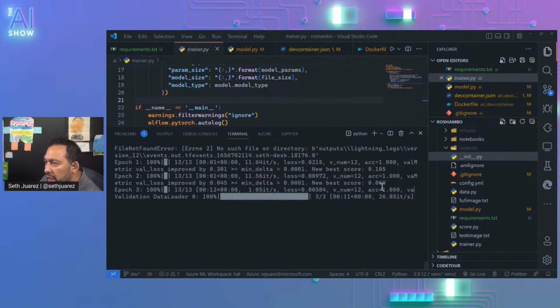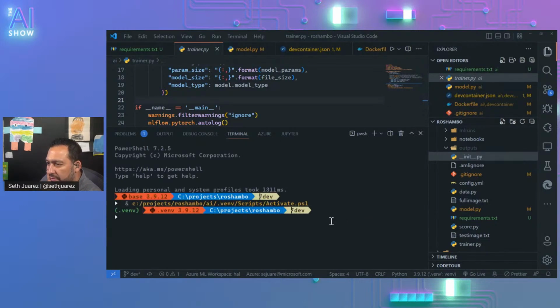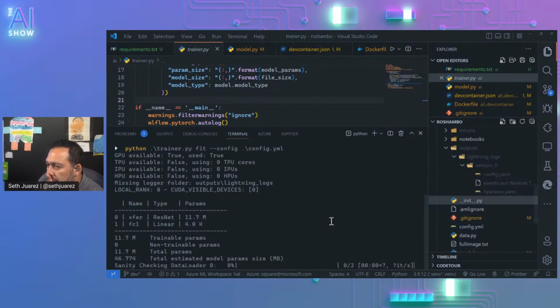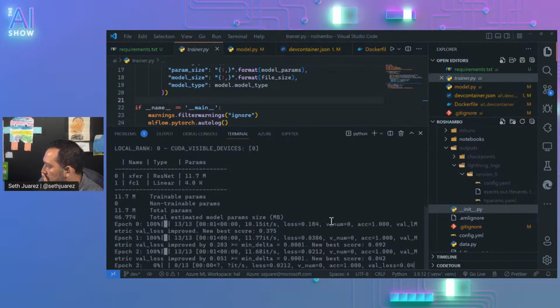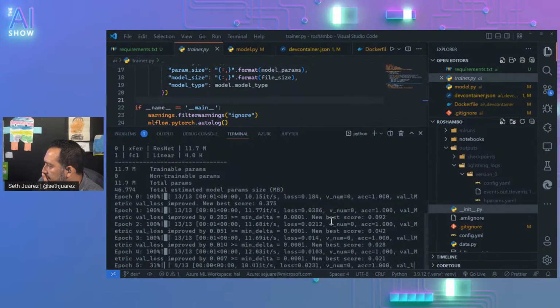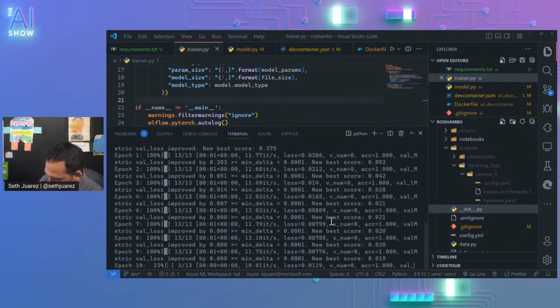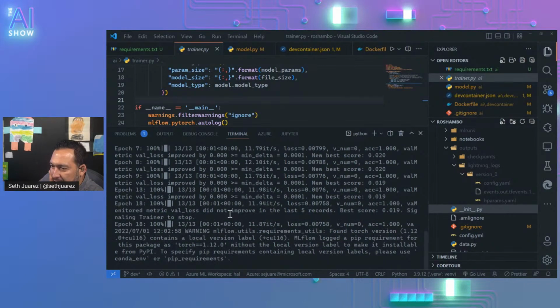Control C. Die. Okay. Here we go. Things are happening. Life is good. Do you see that? It looks like 0, but it's because it's 10 to the minus 4.